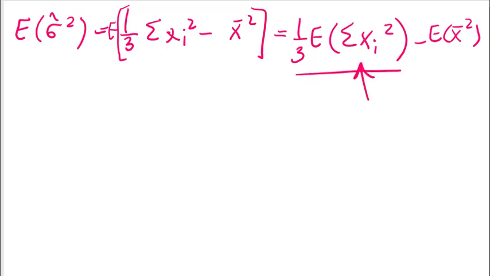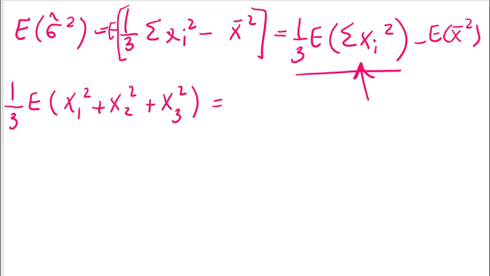So we say that 1 over 3 expectation of x1 squared plus x2 squared plus x3 squared will be equal to 1 over 3